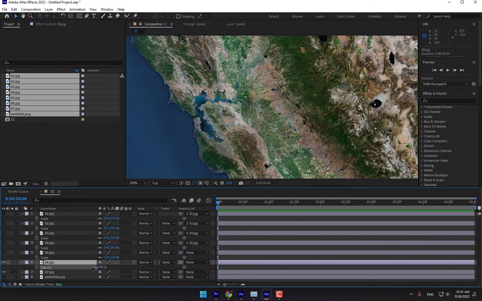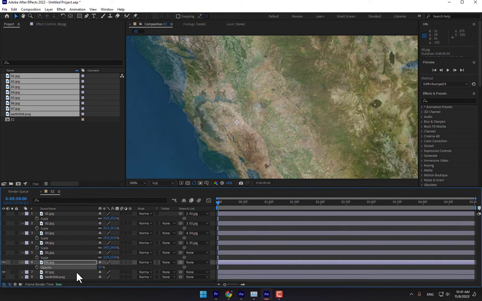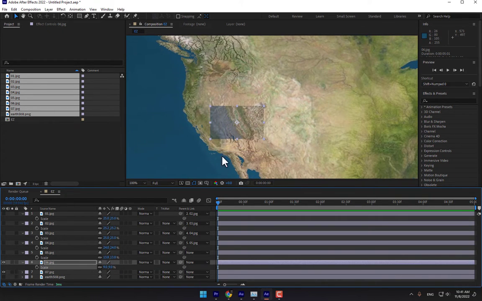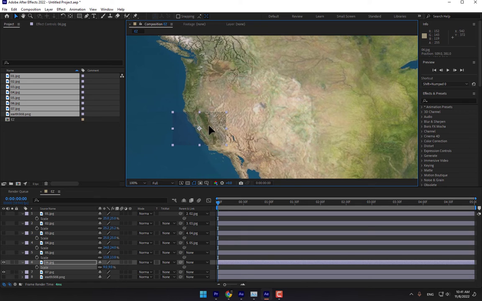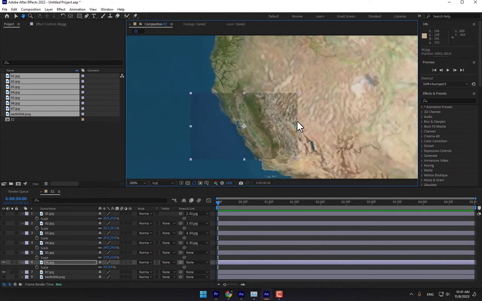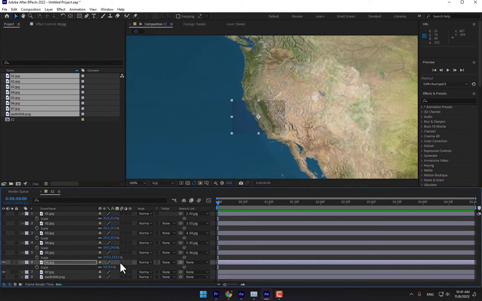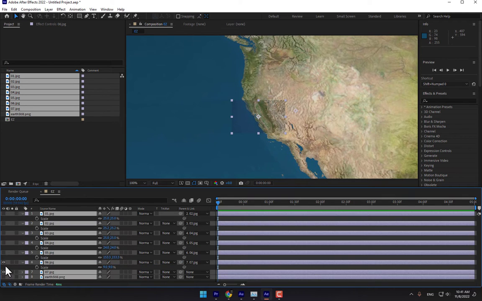Press T, 50%, and press S, scale down the size and move here. A little bit of zoom. Okay, don't forget to parent this image to the sixth, and the sixth image to the seventh, and Ctrl S, select